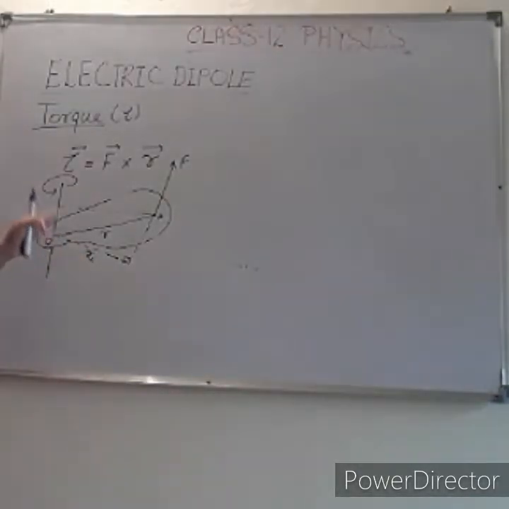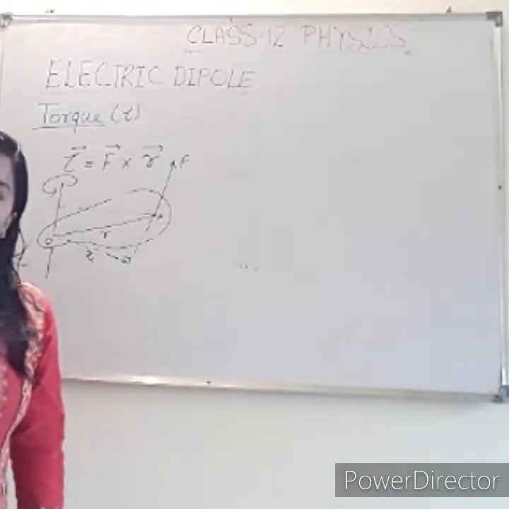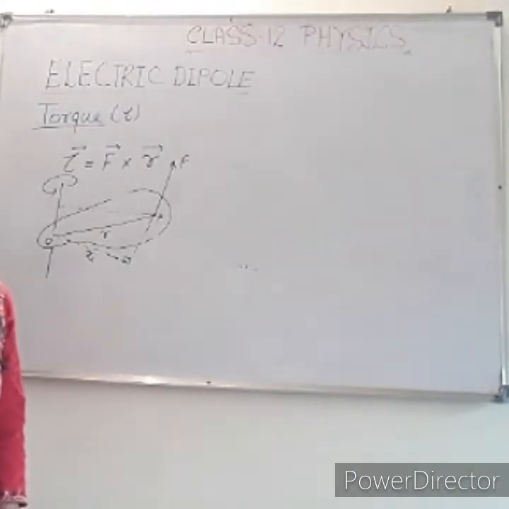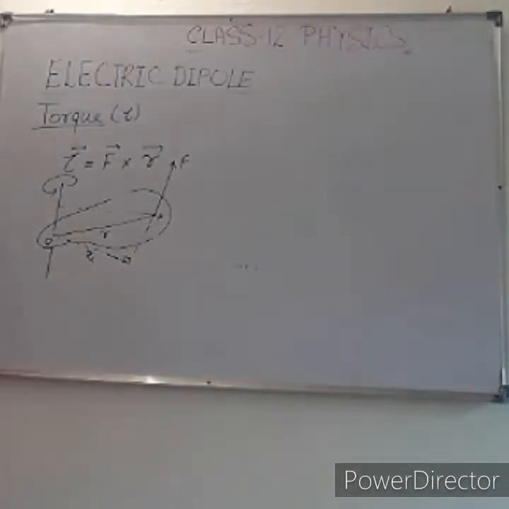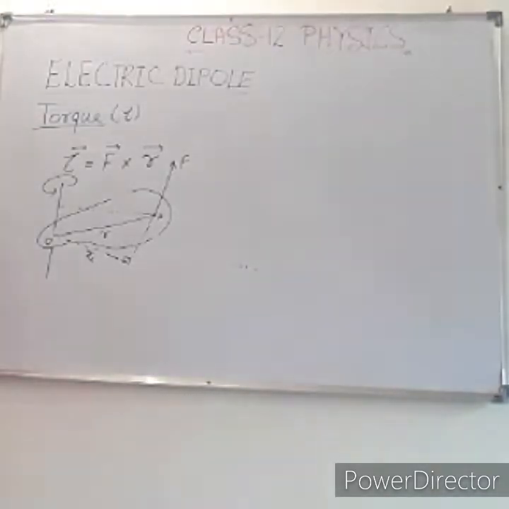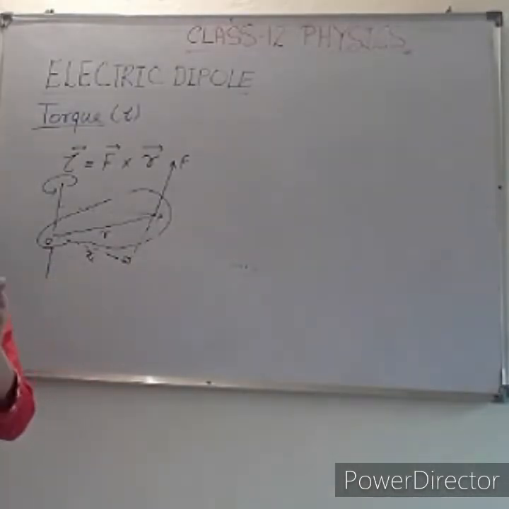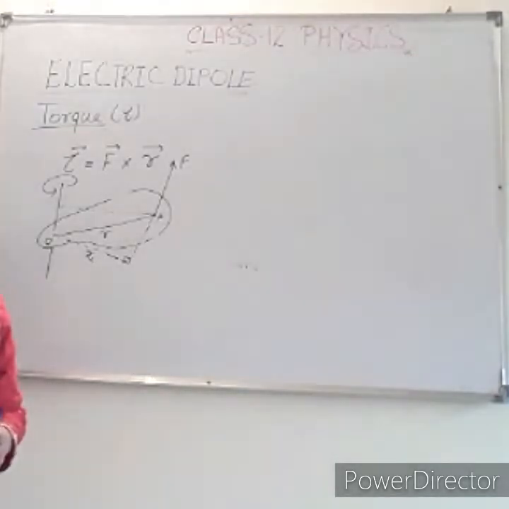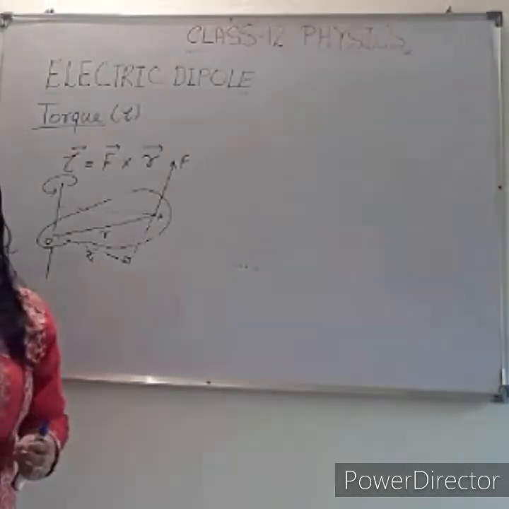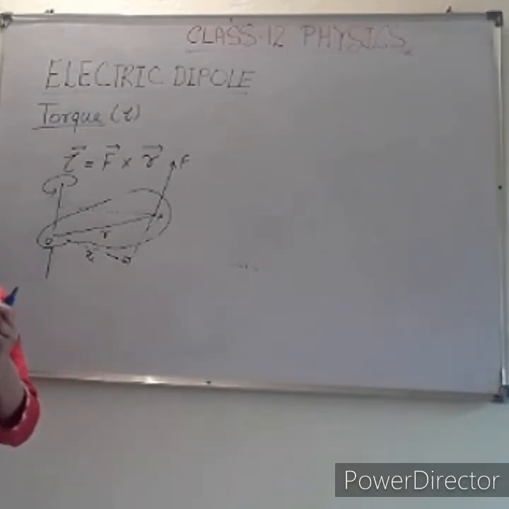So this is torque, and torque is basically the term which is related to the rotating value of a system. So here, if we are considering the dipole, we can rotate this dipole. If it is a dipole, this dipole can rotate along the axis of rotation. If the axis of rotation is perpendicular, vertical, this dipole will rotate here at the middle point. This is the axis of rotation and the dipole will rotate in this manner.